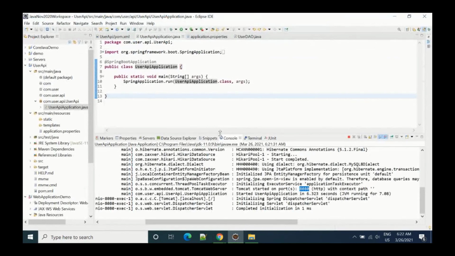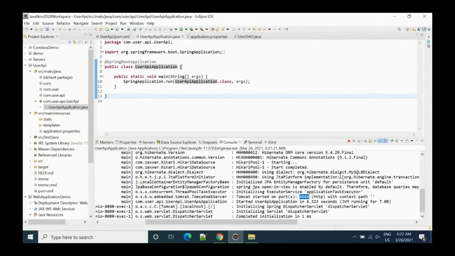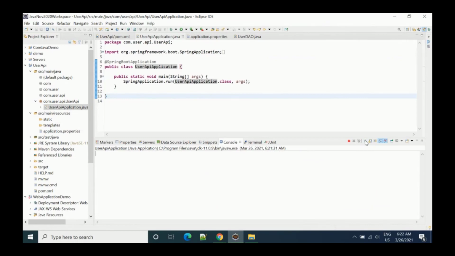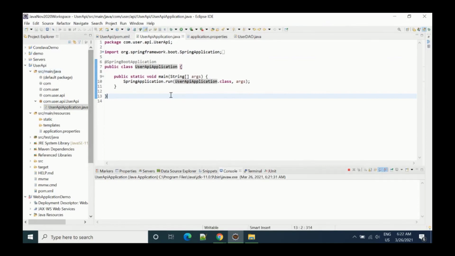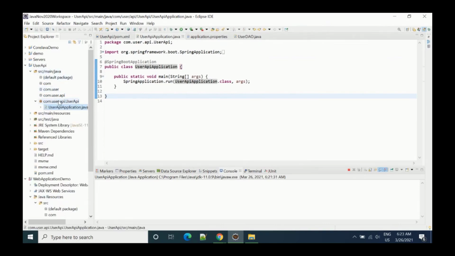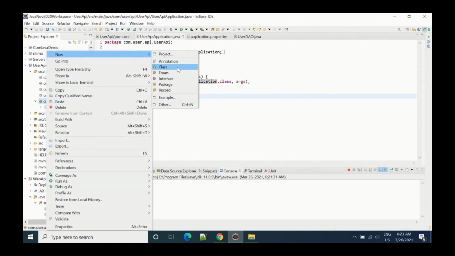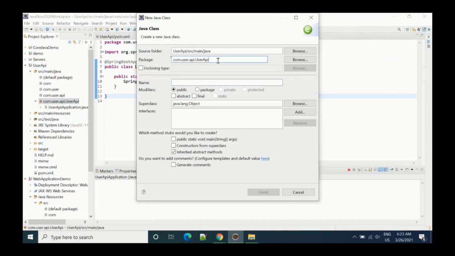So the next step is, now our application is running, we have to write some code to show something in that Tomcat. So what I'll do next is create one controller. Let me create a class, and this class will be under user API, let's say controller.